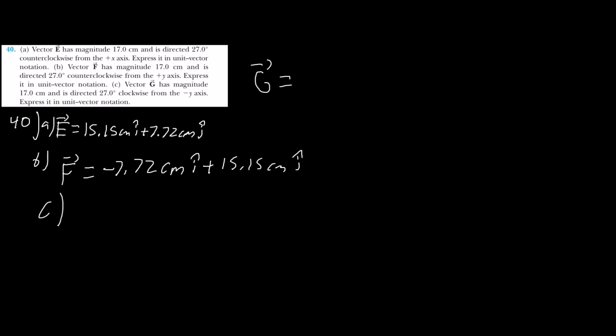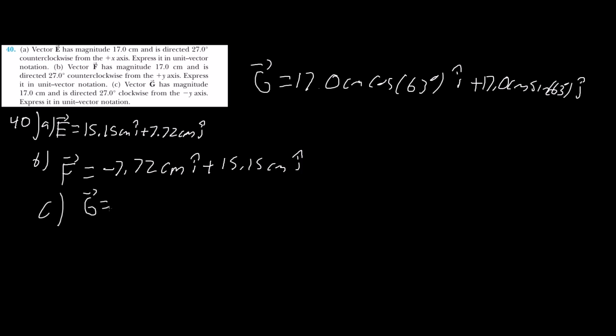Vector G has a magnitude of 17 centimeters, and it's 27 degrees clockwise from the y-axis. So I'm going to take 90 degrees minus 27 degrees and call that 63 degrees. So I'm going to write this as 17.0 centimeters cosine of 63 degrees in the I hat direction plus 17.0 centimeters sine of 63 degrees in the J hat direction. So that means that G is going to be